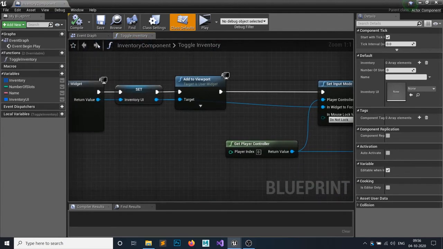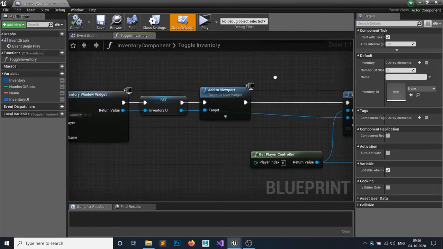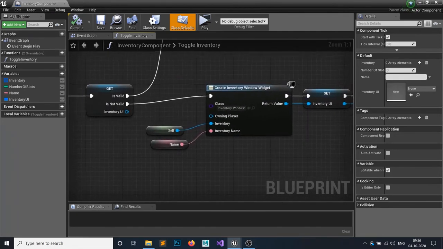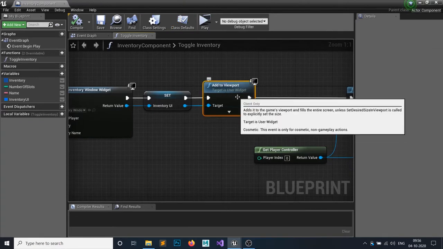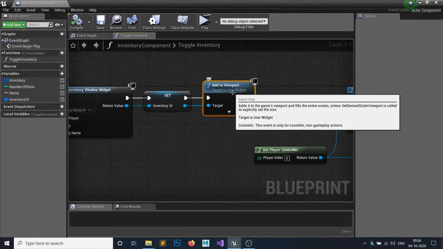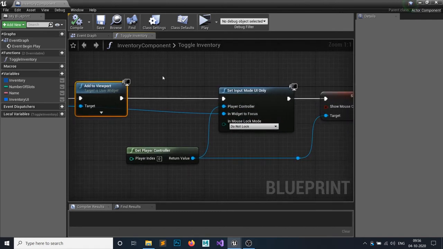You can see on the previous episode we created this function called toggle inventory for toggling on and off. What we are going to do is, rather than adding this to viewport, add it to our HUD canvas as a child, and reposition it so we could say it on the right side.